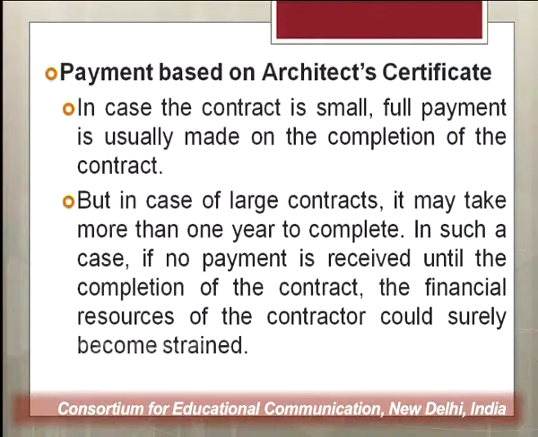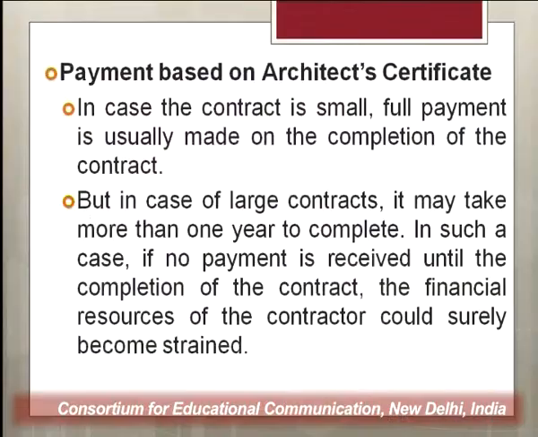Now the other very important aspect is payment on the basis of the architect's certificate. That is, whatever we pay to the contractor, there are two parties. The contractee is the party which is giving the contract. The contractor is the party which is undertaking the project, which is constructing the work, or doing the work, right. So on what basis do we make payment to the contractor? Normally the contractee appoints an architect, or you may call it an engineer.